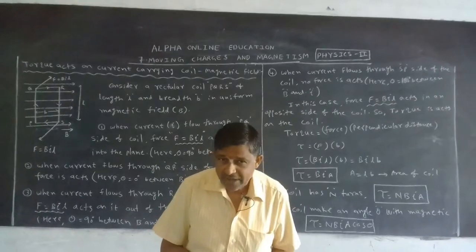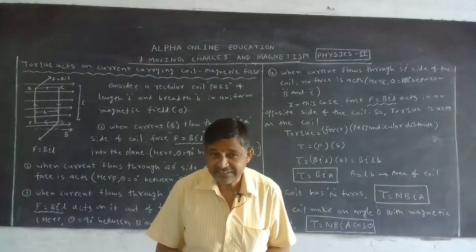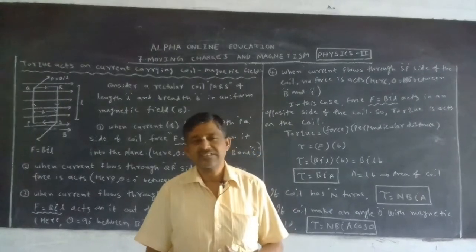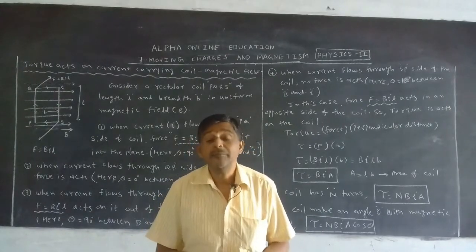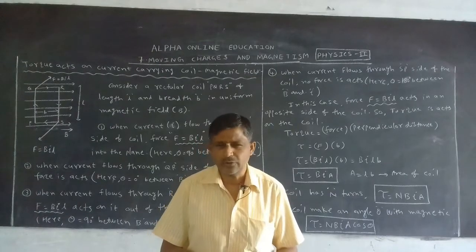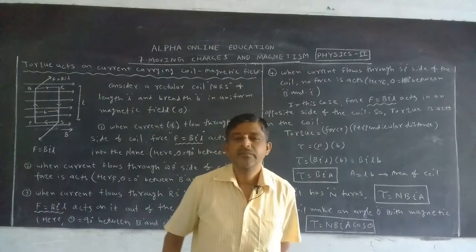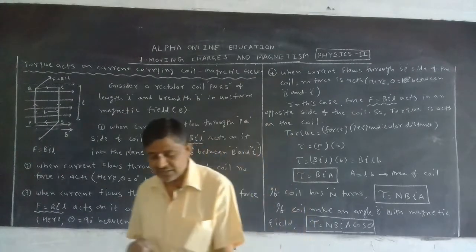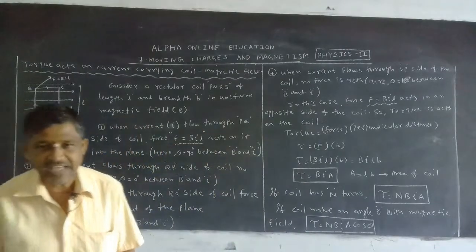If the coil makes an angle theta with the magnetic field, what is the torque? Tau is equal to NBIA cos theta. If it does not make an angle, theta is 0. Cos 0 is how much? 1. Okay. This is one of the important equations. With the help of this equation,